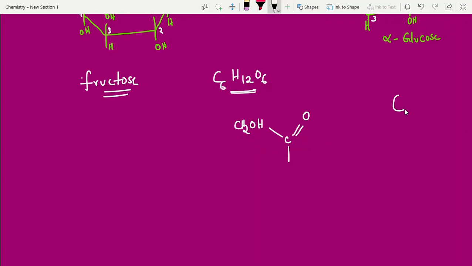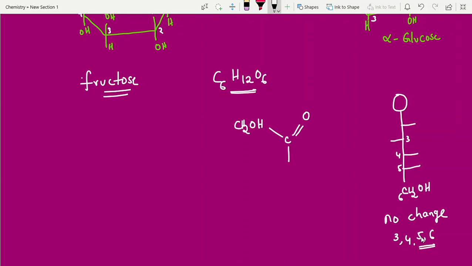See, again you can write the skeleton. Second carbon, third carbon, fourth carbon, fifth carbon, sixth carbon. Here, one point I am writing. 3, 4, 5, 6, no change. Only 1, 2 change. There, the chain-terminating functional group aldehyde is always at the end. But ketone is not like that. That's why you will get it in between.